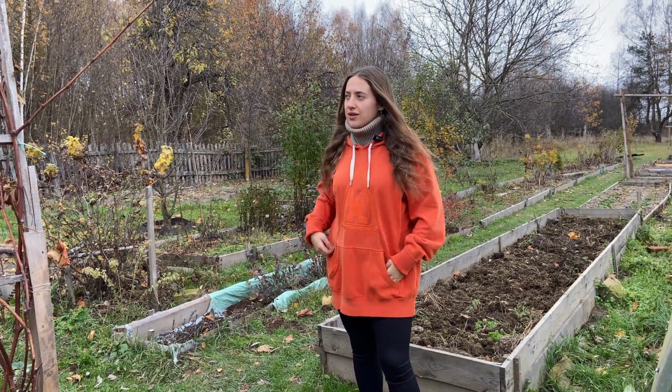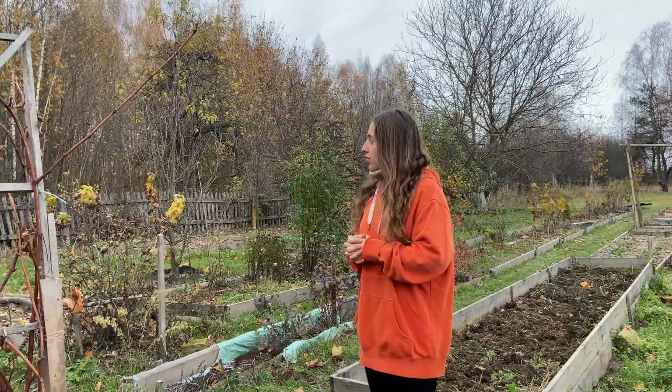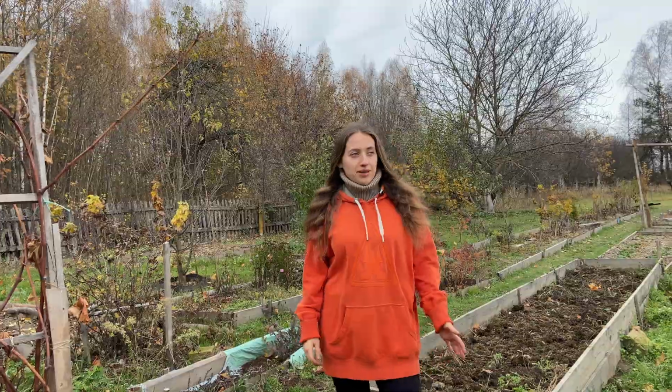It is the beginning of November, which is late autumn. The days are getting colder, honestly speaking, and right now I feel cold. But an hour ago that was okay because the sun was shining and it was this golden period of time. For now, the trees are bare. Almost all of them are completely bare, and I think that I missed this golden period when everything around is